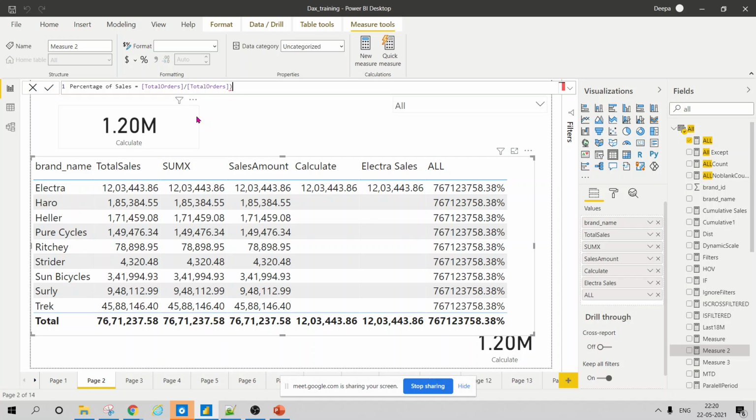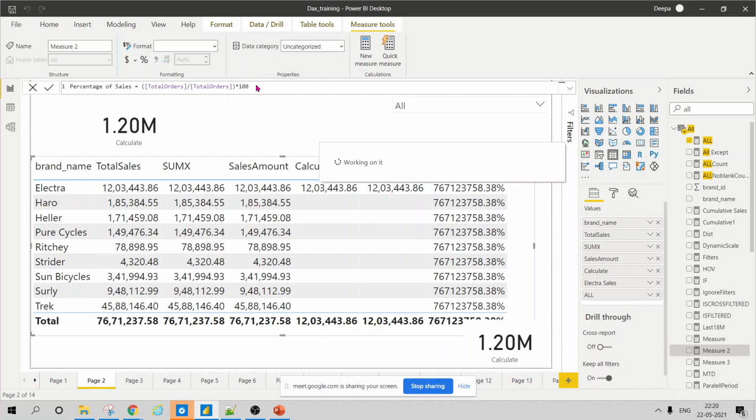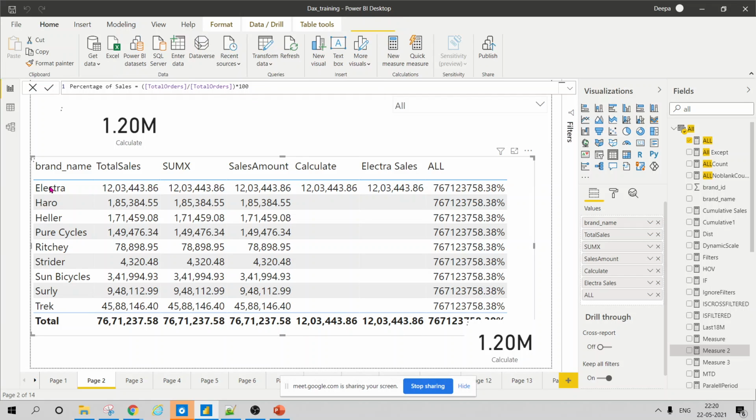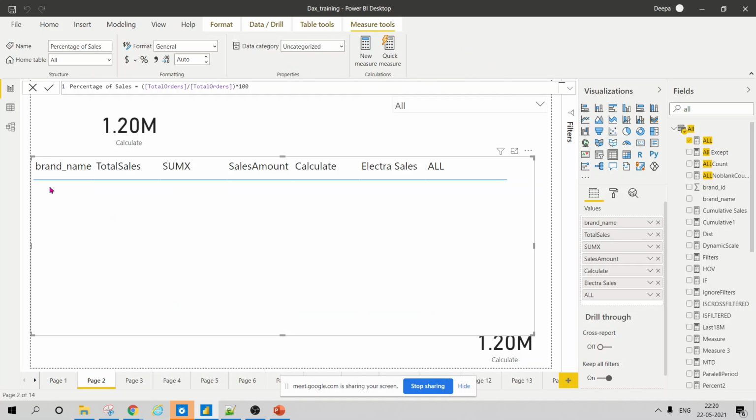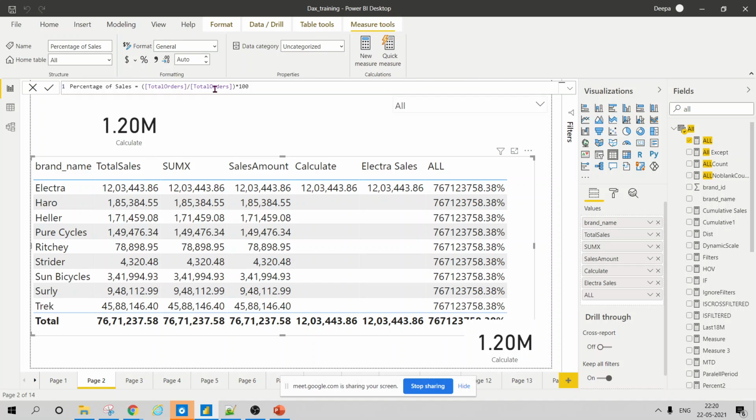It'll be 1, because this is not by the row context, right? When it goes to the row Electra, it will take the total sales for Electra, as well as the total sales which is in the numerator will also take for Electra.